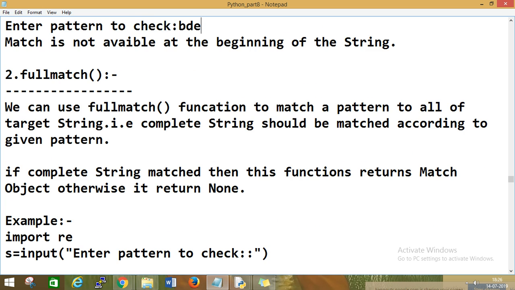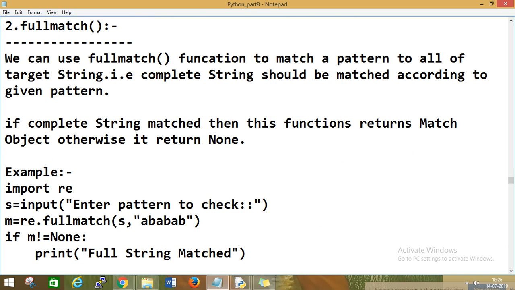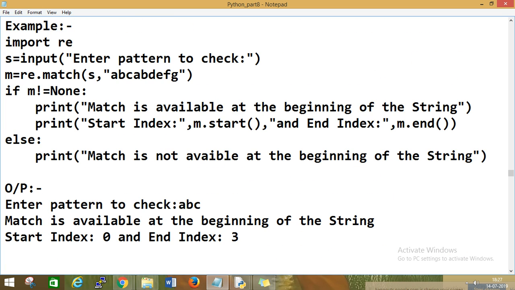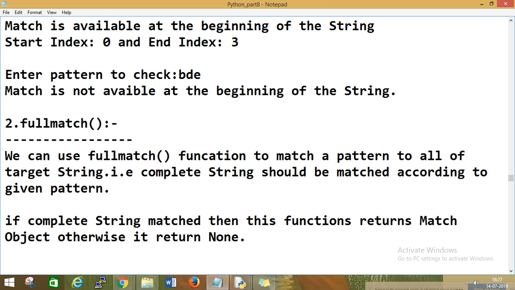Okay, we have fullmatch. We can use the fullmatch function to match a pattern to the whole target string. That is, the complete string should be matched according to the given pattern. Here it is not required to match the complete string; this is the group of the string that is matching here. You can see this. Then in which index it is there: group at index 0, and the start and end index is 3 here. But in this example we have to match the full string, so we can use the fullmatch